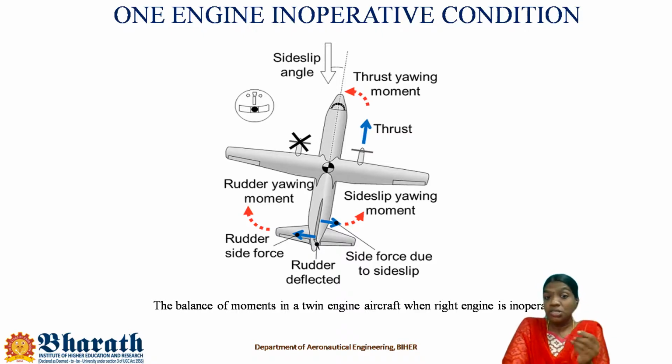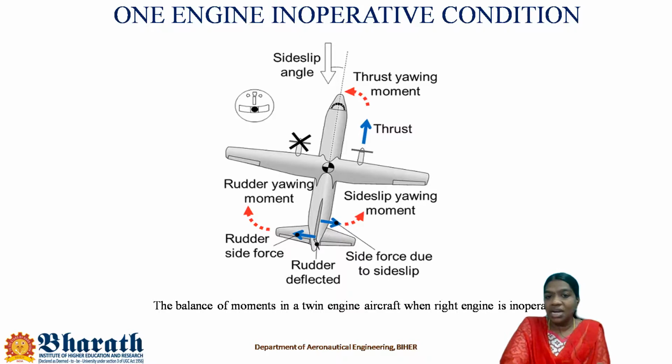Equilibrium condition. So what should the rudder do? The rudder should make the aircraft come back to its original position. So the rudder will be deflected towards the live engine direction, thereby creating a side force towards the failed engine. So when the side force is created towards the failed engine, the rudder yawing moment will be created in